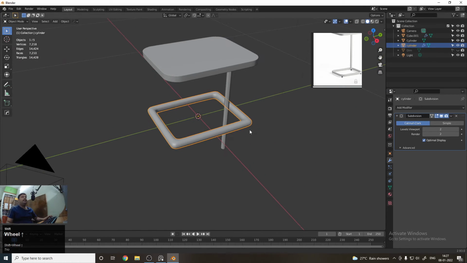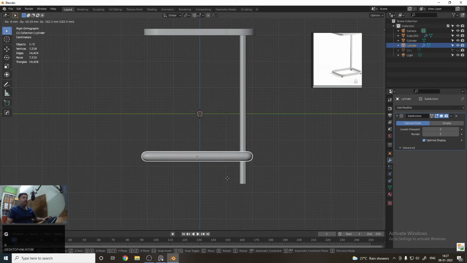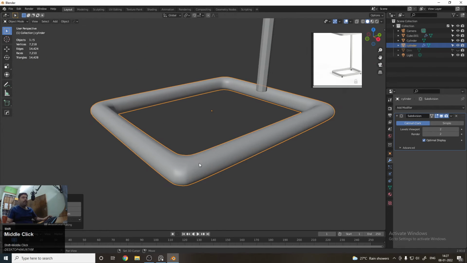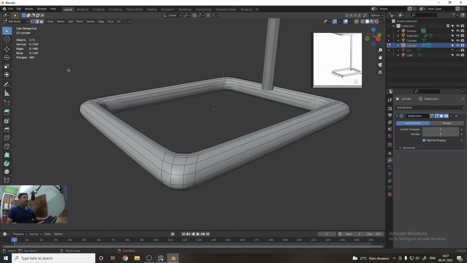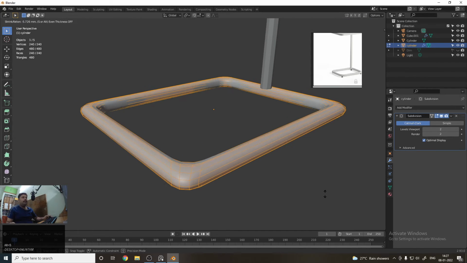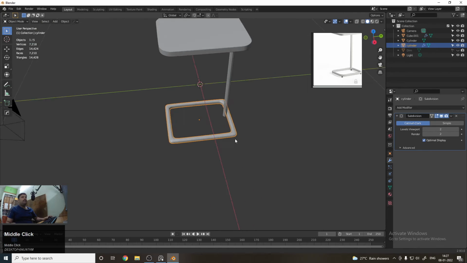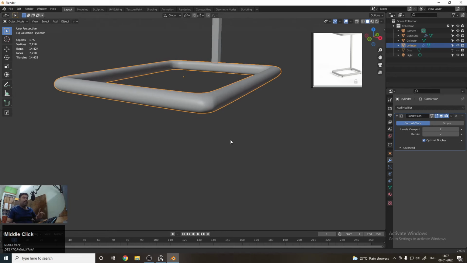Now just adjust it in the same manner. So need to move it down somewhere here. Let's scale it. If you want to scale the cylinder, you can do it. Go to the edit mode. With the help of A, press A and select all, and Shift Alt S. You can scale this kind of effect. And this is the first method that I have told.